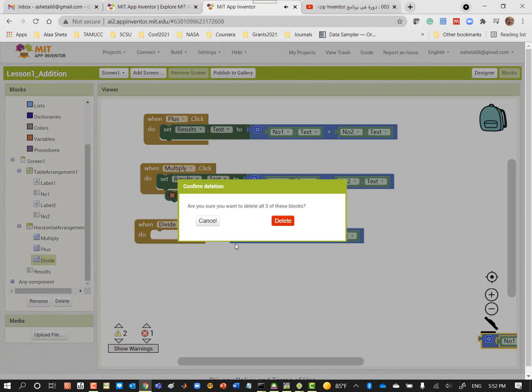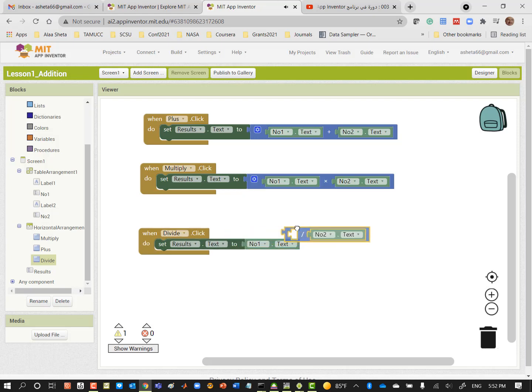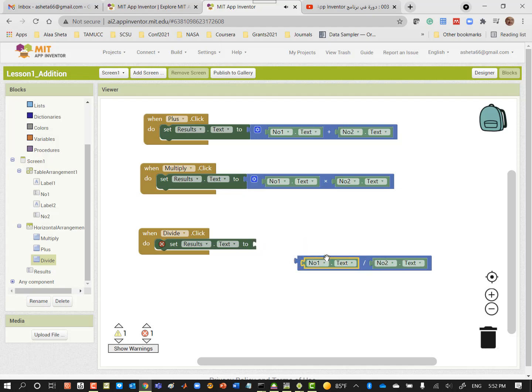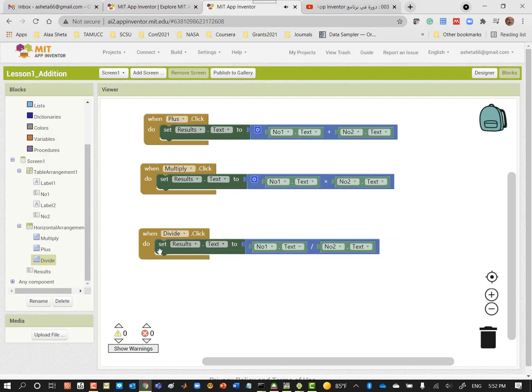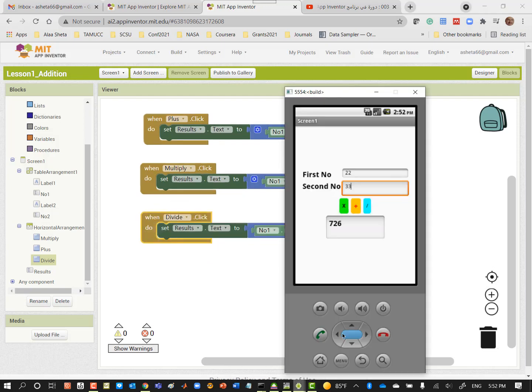This was it. Okay, delete. Then we take this one and put it here. This is for the divide. All right, then we link this one here. Okay, so this is the divide. Then we go back to the emulator. Now in the emulator,